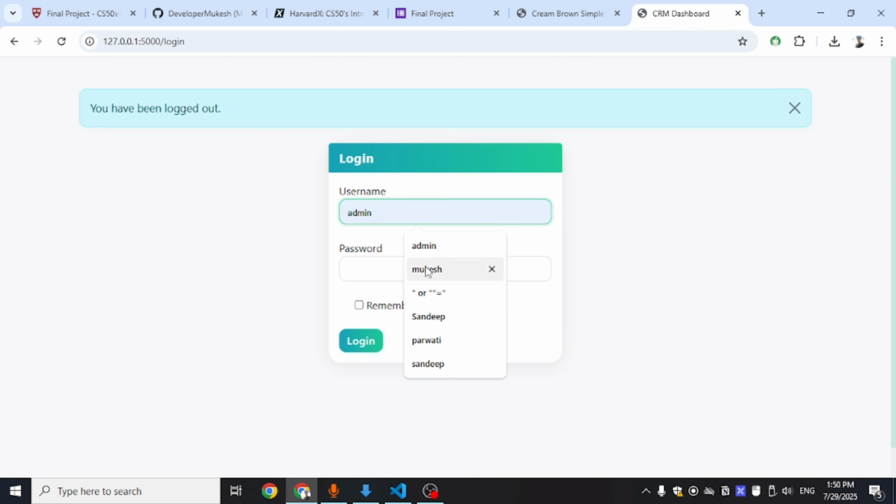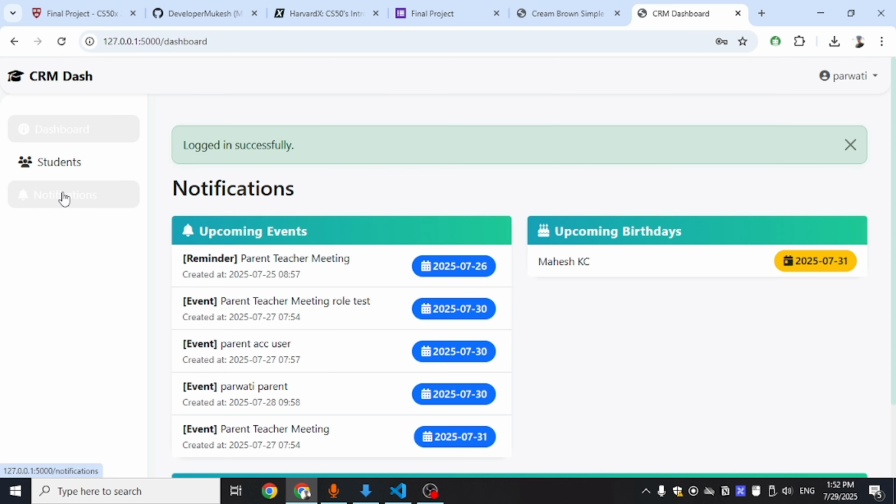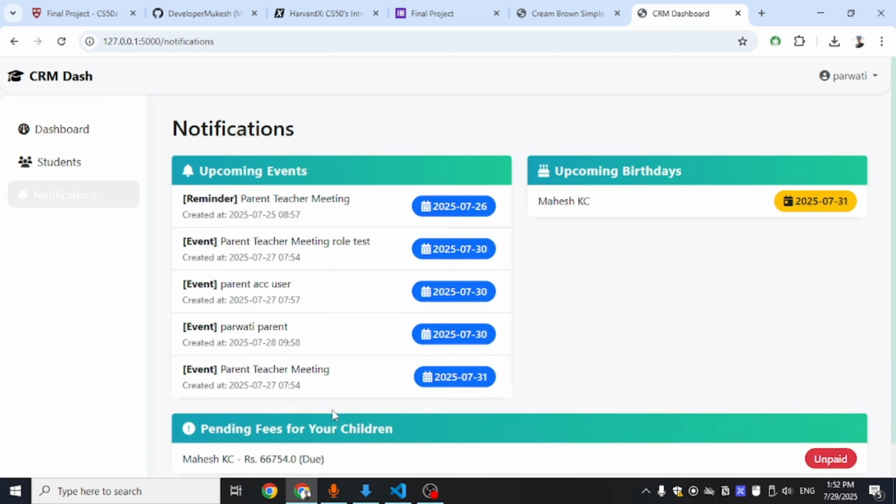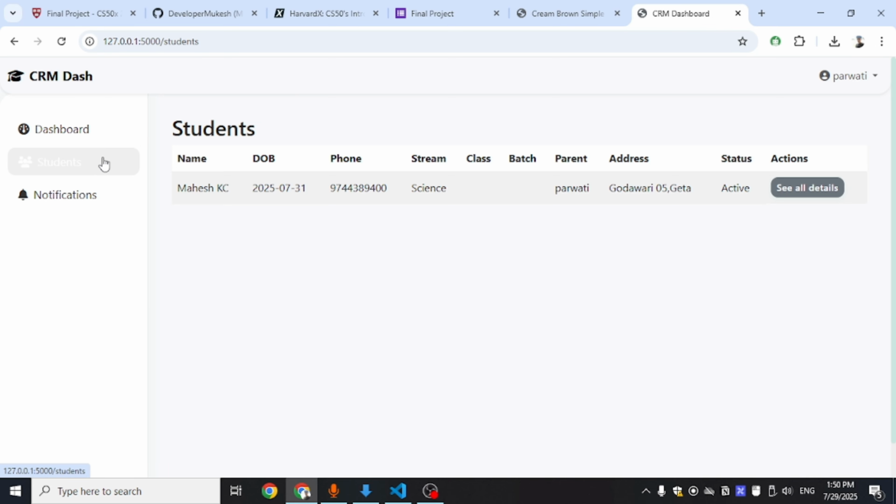So let's check the parent user. That's it. There is pending fee, pending fees. There's information about